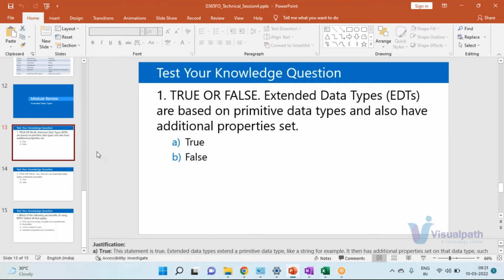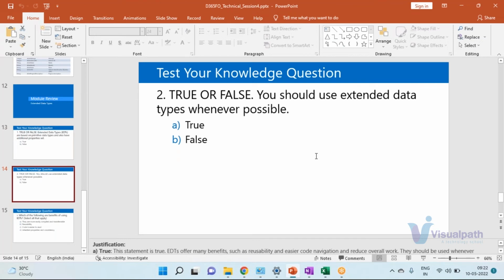True. Yeah, it's true. So it's a primitive data type, we all know, and yes, additional properties we can say are important, because additional properties are important. So that we can do. It is true. Again true. Again, it depends, actually, but